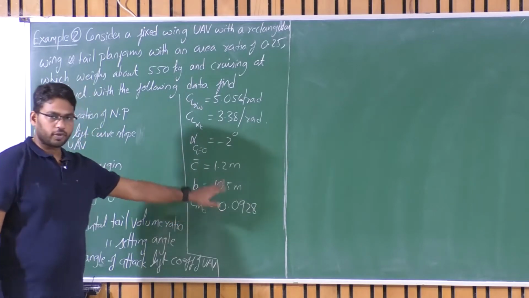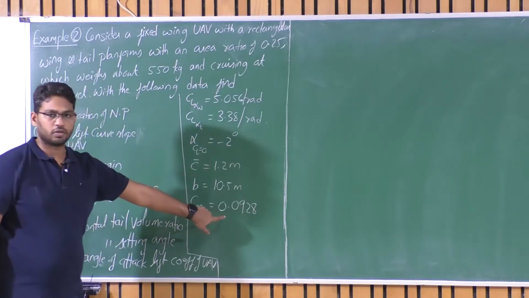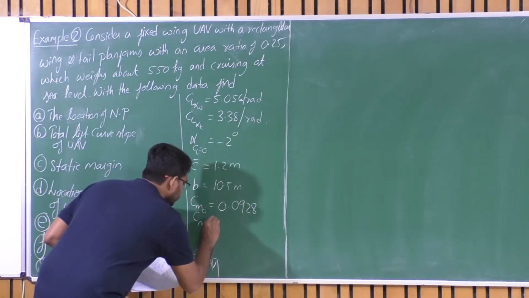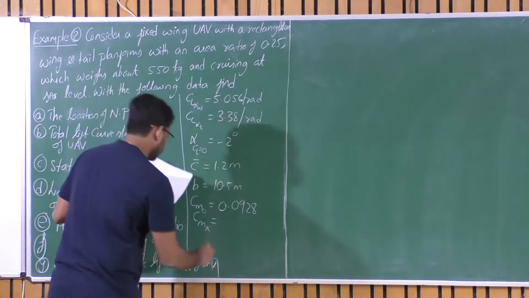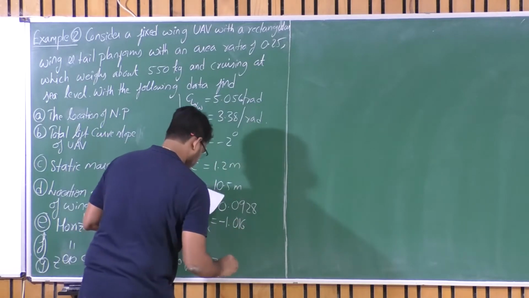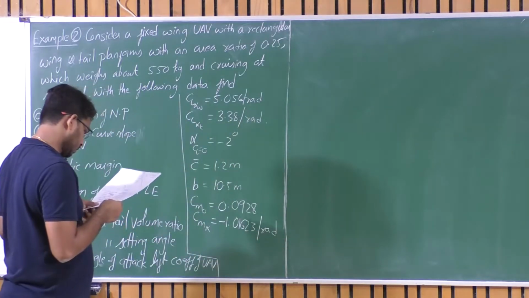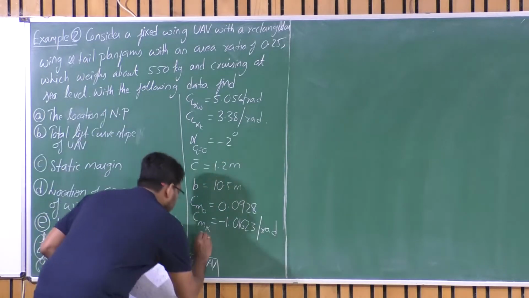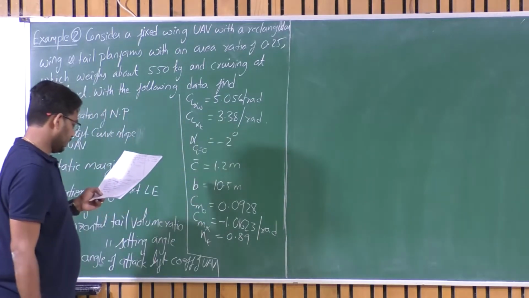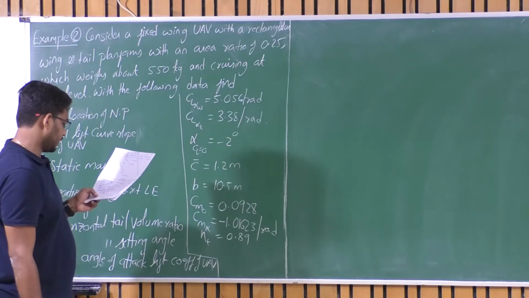Right. So in our previous example, we figured out what is Cm naught, but right now we are trying to find all these parameters, assuming this particular Cm naught is given. Okay, so that's the difference. So Cm alpha is minus 0.1623 per radian, 0.016. That's good enough. Tail efficiency factor eta t is 0.89, which is 90% approximately, and then XAC of the wing is 0.32 meters behind the leading edge.